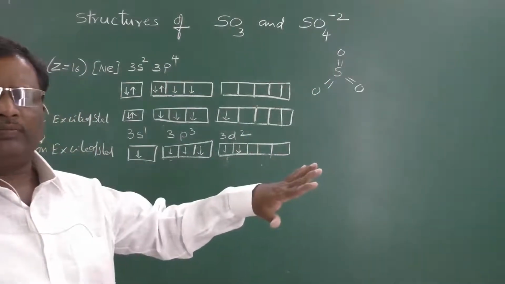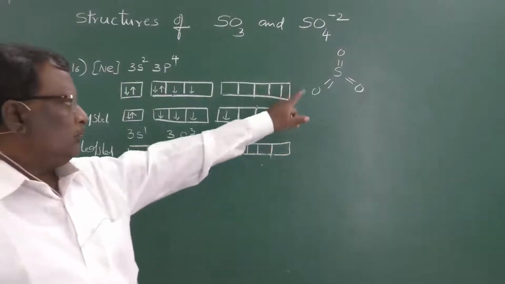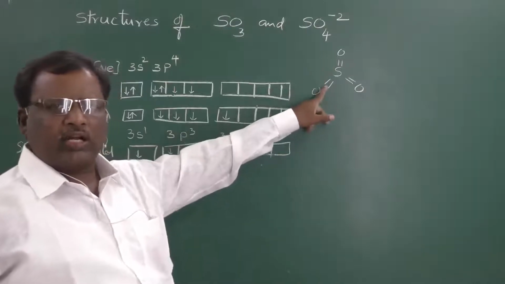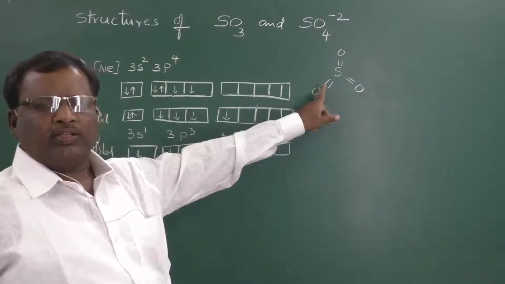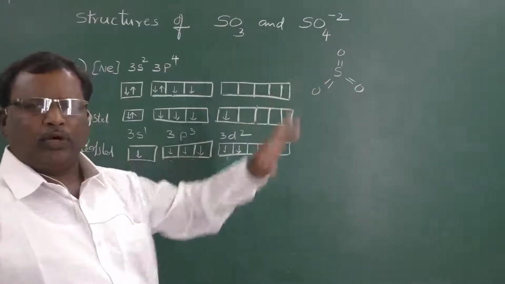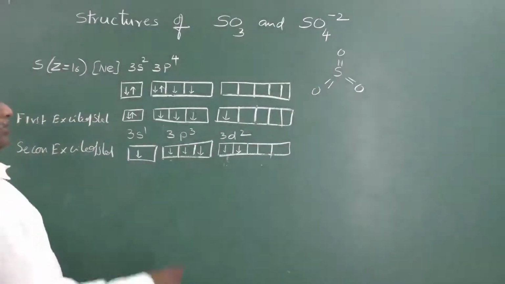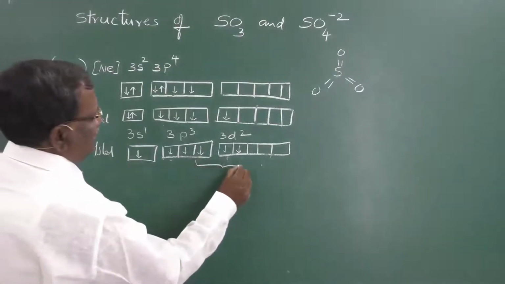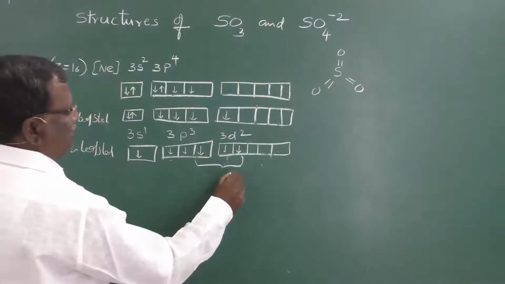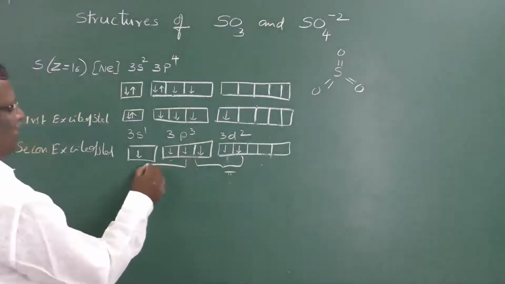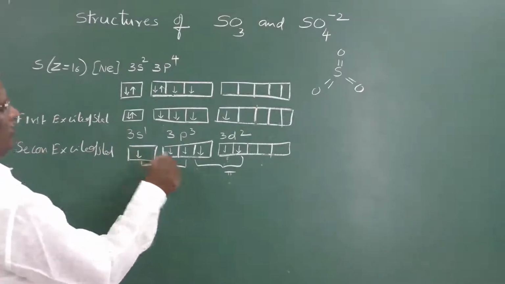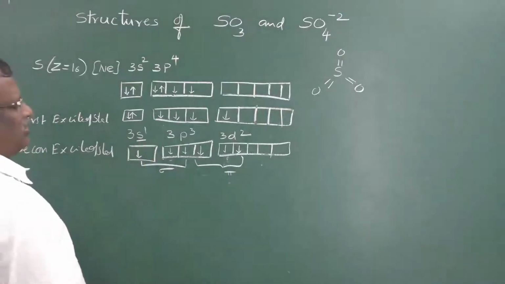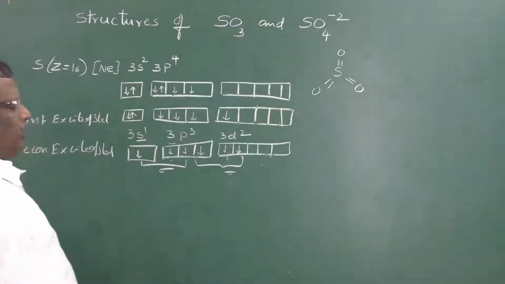Wherever there is a double bond, one is a sigma bond and the other one is a pi bond. So, according to this structure, we have 3 sigma bonds and 3 pi bonds. The 3 pi bonds can be formed only with pure orbitals. So, let us take the orbitals which form pi bonds, and the remaining 3 electrons form sigma bonds. These are 1 electron in the 3s orbital and 2 electrons in the 3p orbitals.